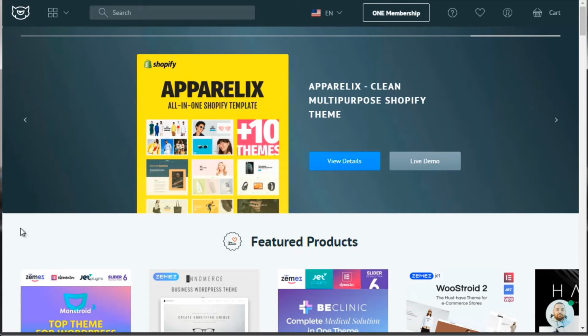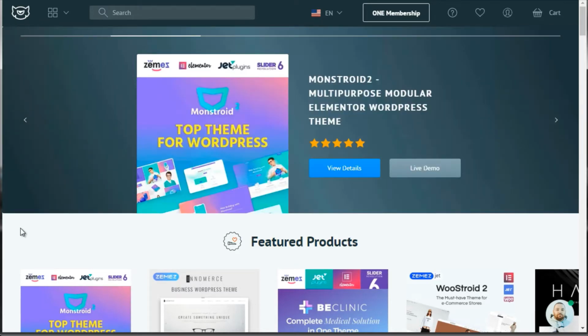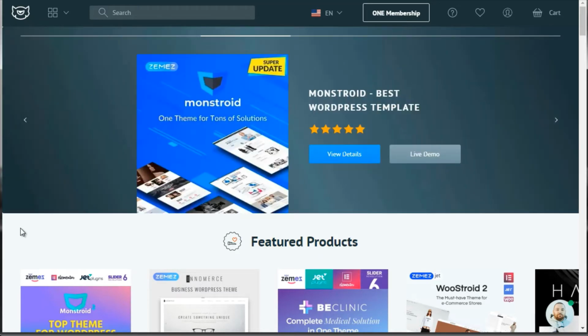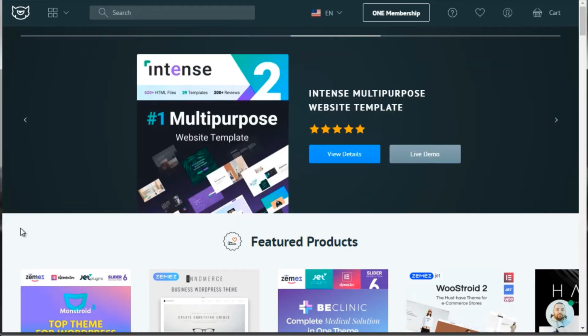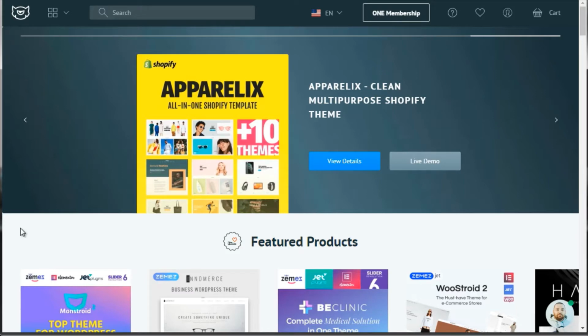So going back to why you want to create your store and what niche you want to create your store for, those are crucial things to have in mind as you begin to look for WooCommerce themes. What I'm going to do now is just show you different sites that you can go to get WooCommerce themes. The first one is called